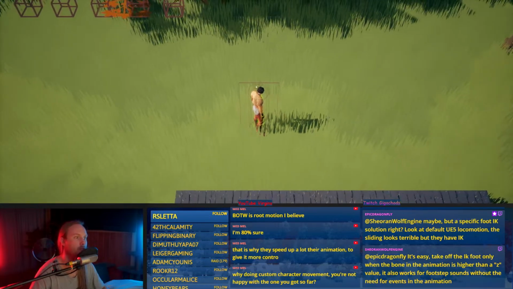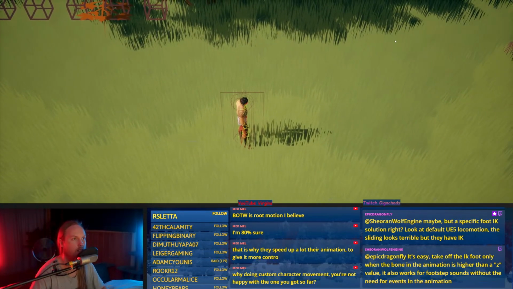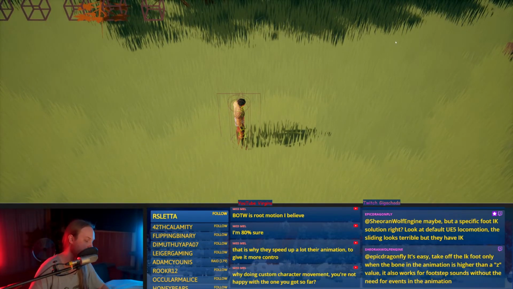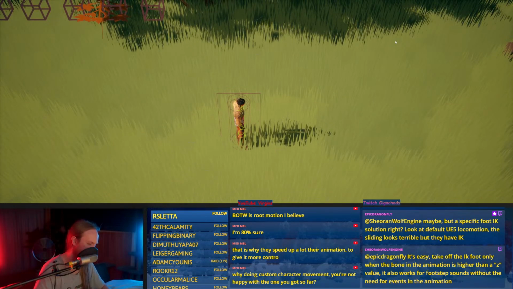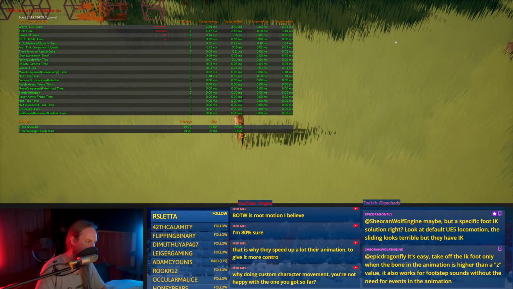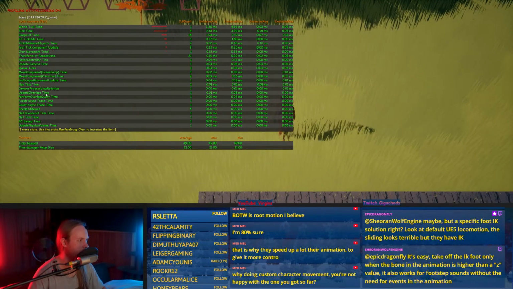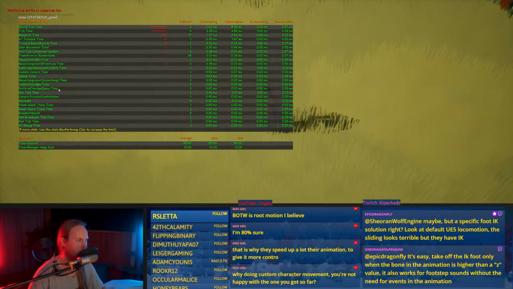Because when we've got 100 characters on screen, that's when it starts to get real fucky. And you'll see, if you go stat CPU, what is it? Stat game? There's a collision update, perform overlap query.